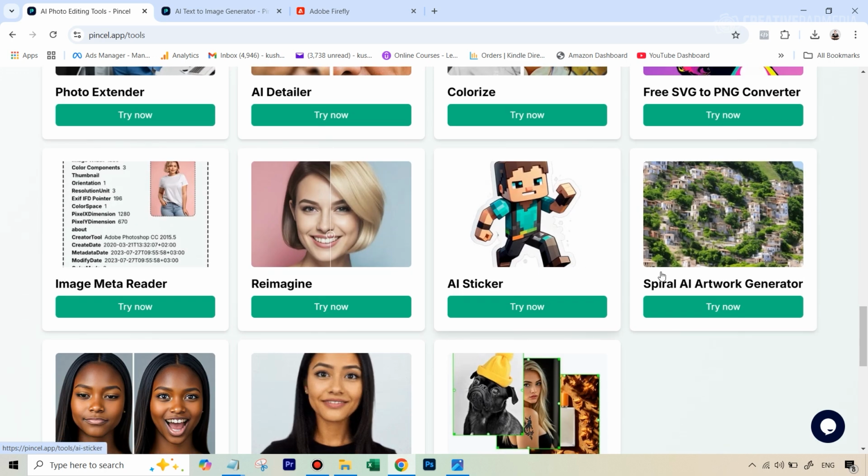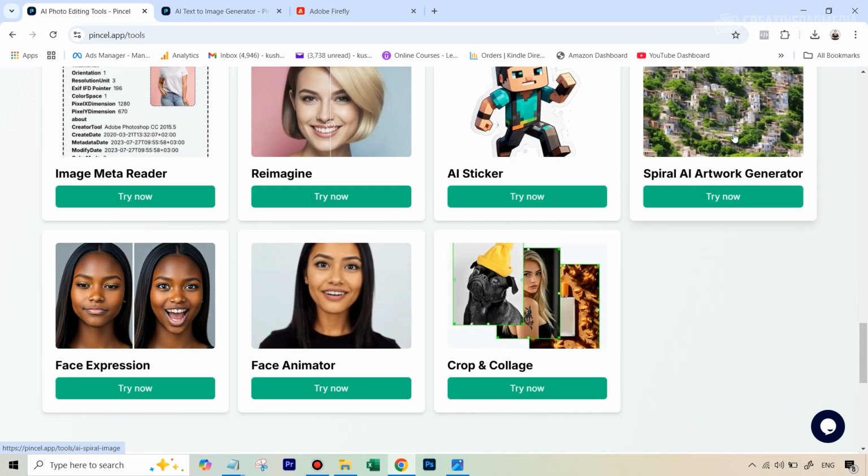It's a fantastic tool. AI sticker not needed. Spiral artwork, a lot of photographers do use it to turn their landscape shots into something like this. You can try this out on your own, because this doesn't really require any sort of skill. Then we've got these three, out of which Face Animator is again part of more like videos, where you can